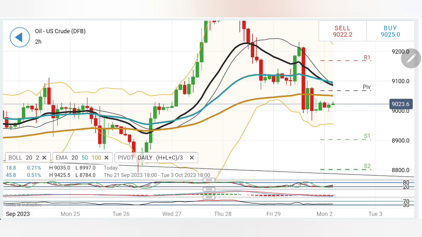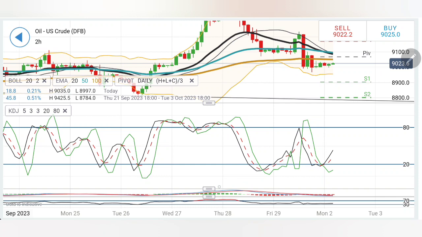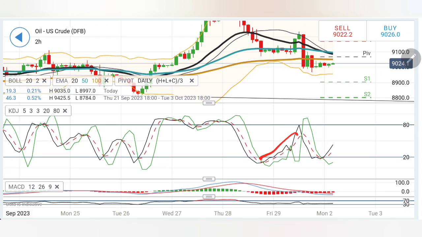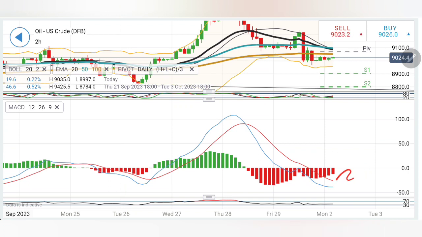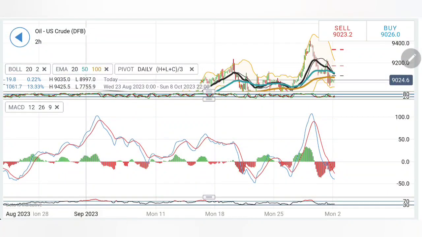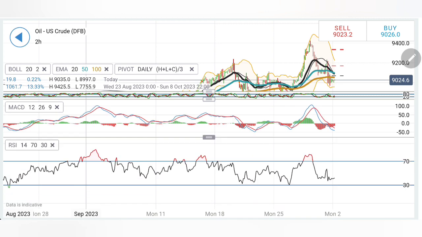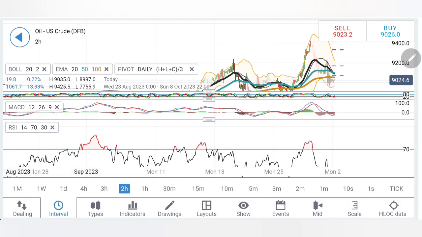The stochastic is rising here. That's still a sign of further rise or bullishness. The MACD is still staying bearish. It is just trying to converge. It has not yet crossed over. A crossover should bring more bullishness. But it has come down to the lower levels. And if you note this, after the drop, an extreme rise and again a drop, and the possibility of a rise again exists here. RSI is staying comfortable.